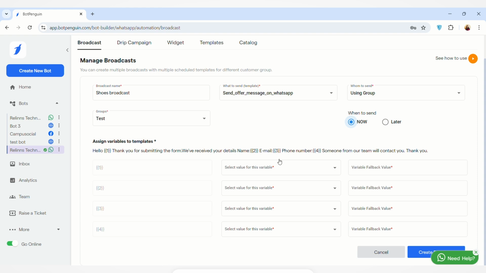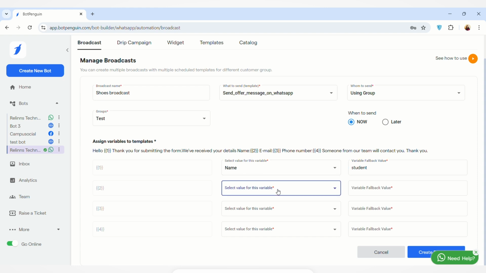Then we have to select the value for the variables because I selected this template and this contained 4 variables. So now I have to select the value for the variable. You can see the body of the template here. So for the first variable, I wanted the value name. So I'll select name attribute here. If by any reason the name value is not getting updated in the template body, then for a backup, you can type any text here. For example, student. So if the name is not getting updated here, it will type hello student.